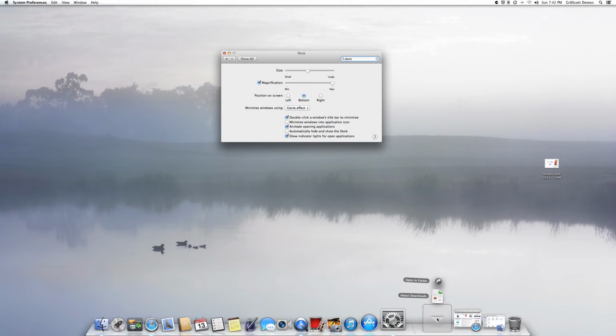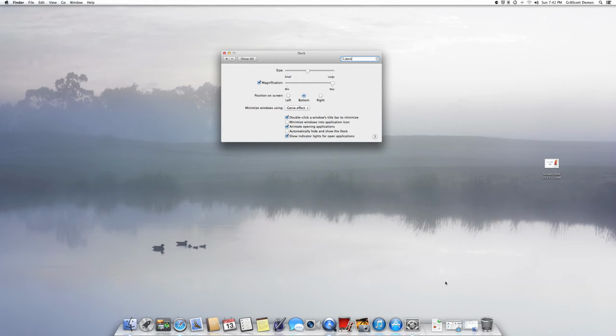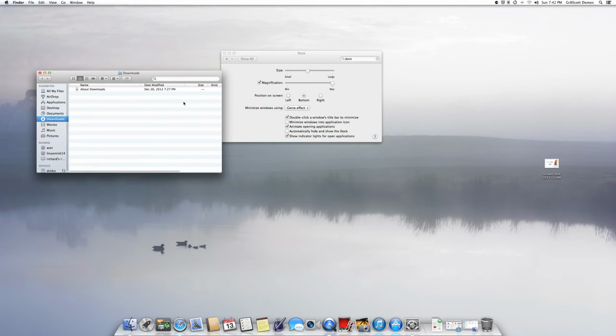Downloads is what's referred to as a stack, and a stack is a quick reference to a folder. So if we click it, open Finder, it'll open up into downloads, into that particular folder where your downloads are. If we wanted to create an additional stack, we could drag